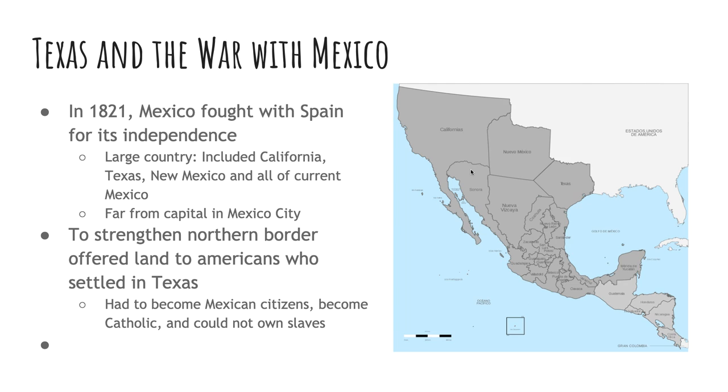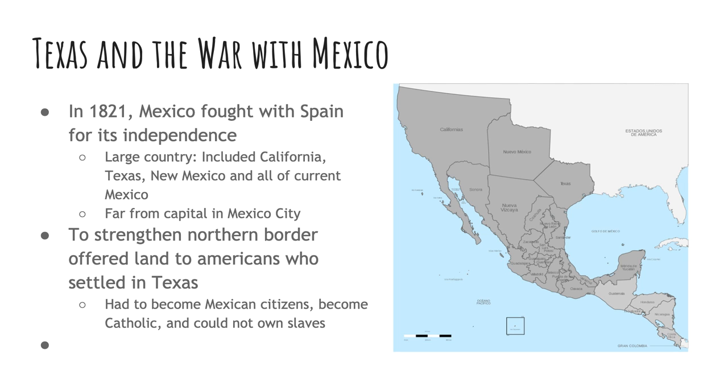Okay, so all of this dark gray area that you see here. The only issue now is that this land up here is pretty far away from their capital city of Mexico City. That's right here in this area. Okay, so if you're living up here, it's kind of hard to listen to laws and be governed by the president or by the different leaders that are in government when they're all the way over here. It was kind of like the 13 colonies, how they were so far away from England and they didn't want to be ruled by them anymore.